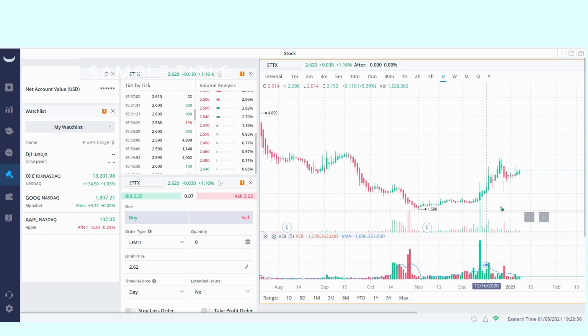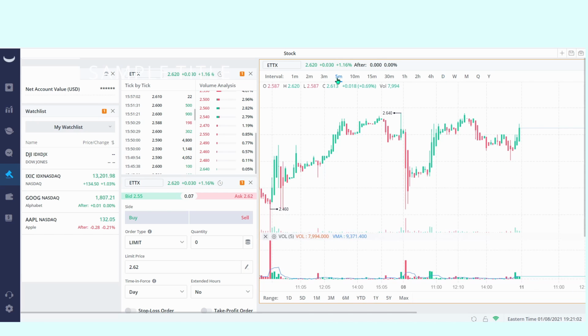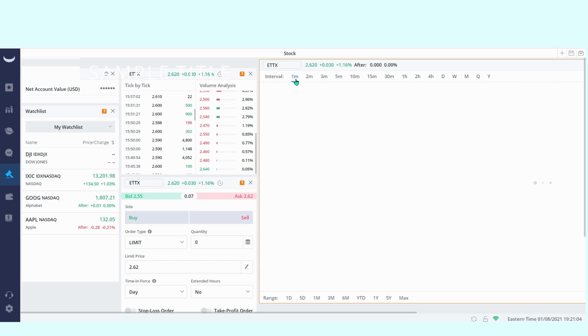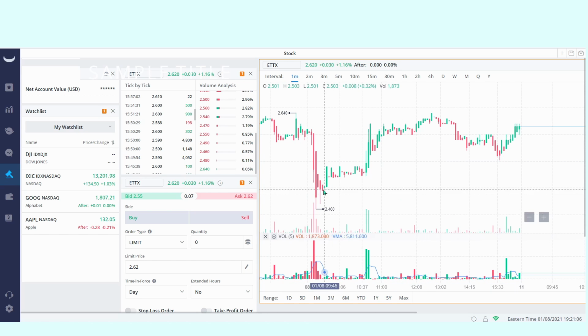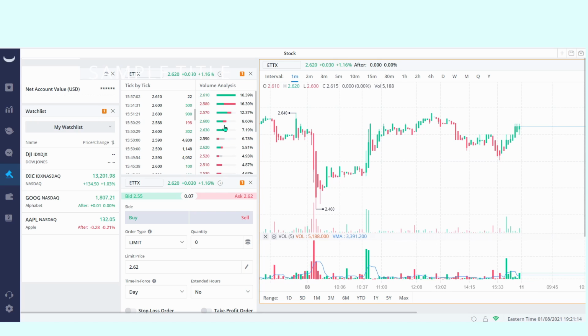But there's the daily view, which for penny stocks you probably do want to look at. And when you're making a buy, I usually look at it in either the 5-minute chart or the 1-minute chart, just to see what the action is. You can see the volume here as well. And you can see the volume analysis and the percentage, and tick by tick what's happening, and how much of it is buy versus sell.